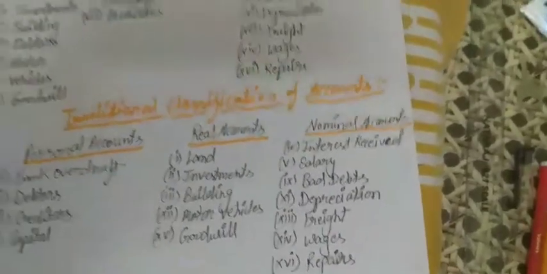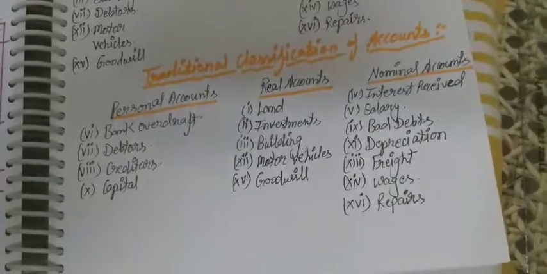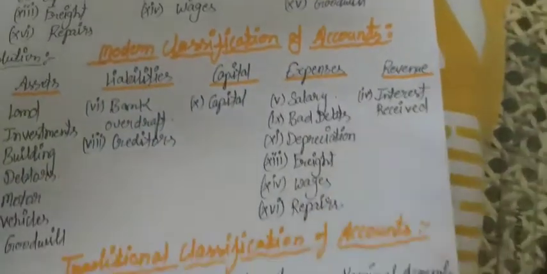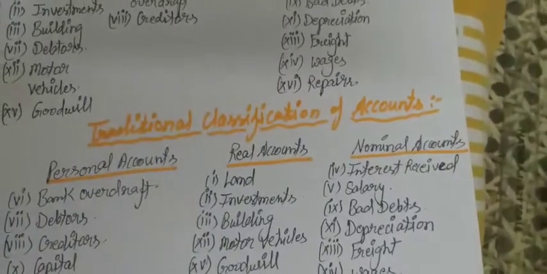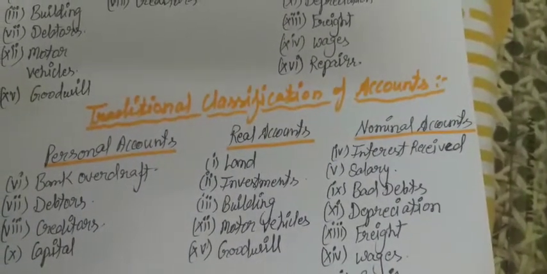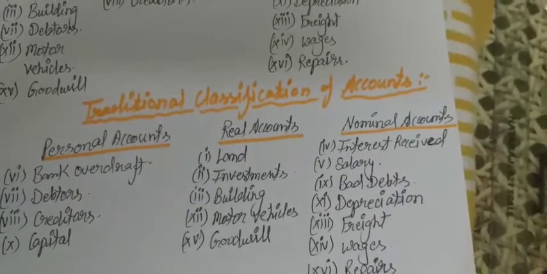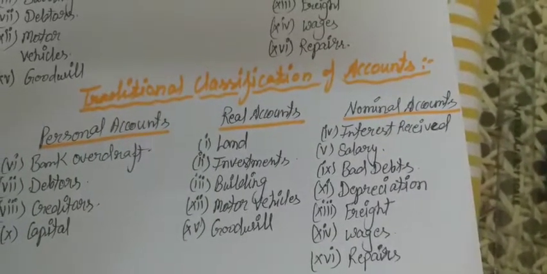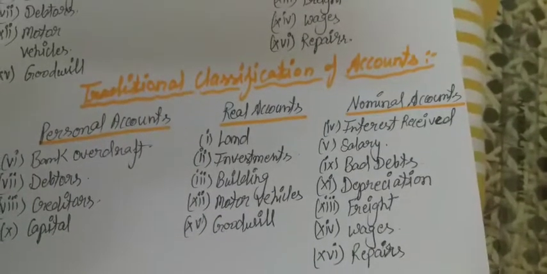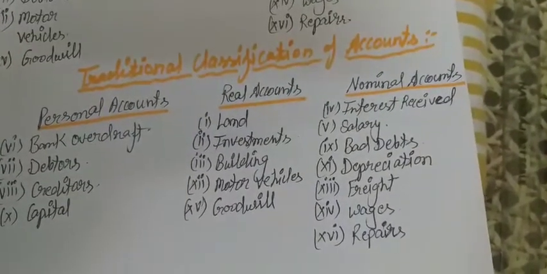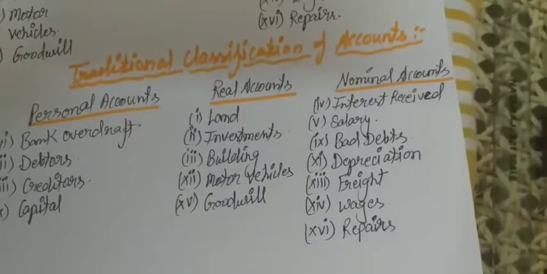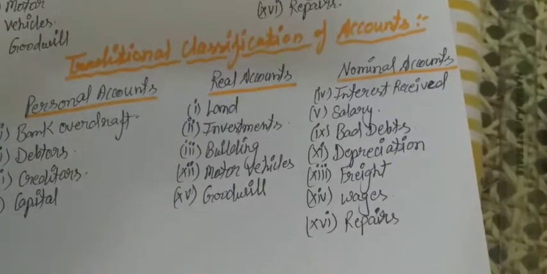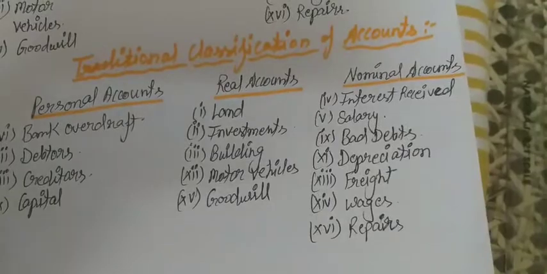Okay students, this is the classification according to the traditional classification of accounts. So questions are solved on the basis of both the modern classification and the traditional classification of accounts. Students, we have one more problem related to T-shaped questions, where we have to prepare the format of an account. There we will learn which account will increase on the debit side and which account will increase on the credit side. Okay, so students, let's see the problem and then we will solve it.